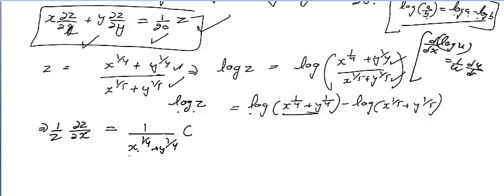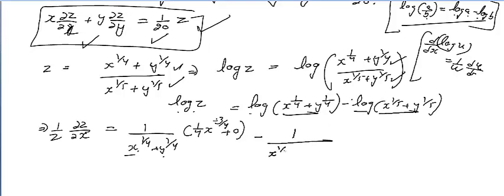So when you find the derivative of x raised to power 1 by 4, you get 1 by 4 times x raised to power 1 by 4 minus 1; 1 by 4 minus 1 is minus 3 by 4. And the derivative of y with respect to x will be 0, because when you differentiate with respect to x, y will be constant. Now this part is finished. Now you have a minus, derivative of log u, 1 over u.